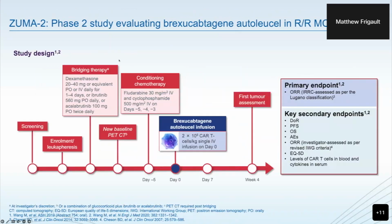So the ZUMA-2 study was a phase 2 study of brexucabtagene autoleucel. The main difference from axicabtagene is that axicabtagene is a non-T cell selected product when they start manufacturing, whereas there is a T cell selection component in brexucabtagene, given that with mantle cell lymphoma, you can actually have circulating disease. To avoid transducing CAR T cells or disease with the CAR transgene, there is a T cell selection component here. Interestingly, as a side note, this was actually found to be a resistance mechanism in B-ALL at least,